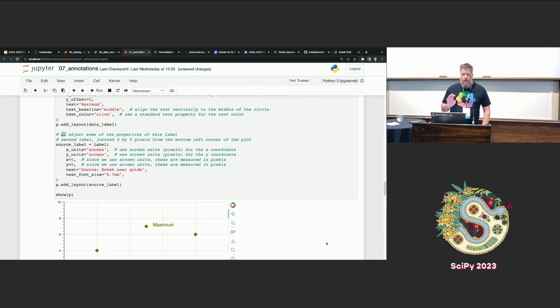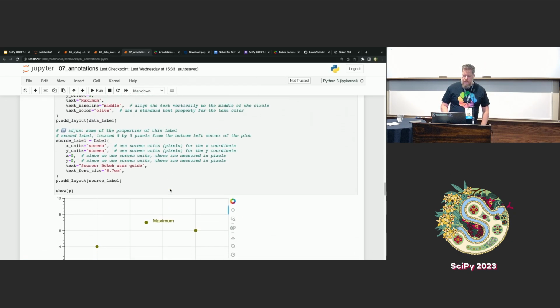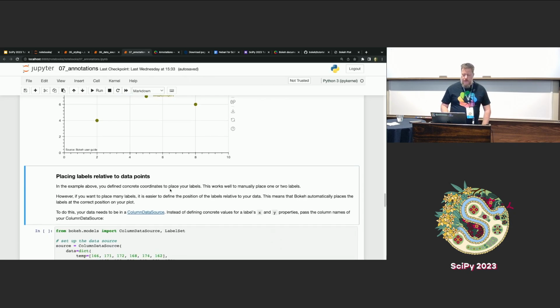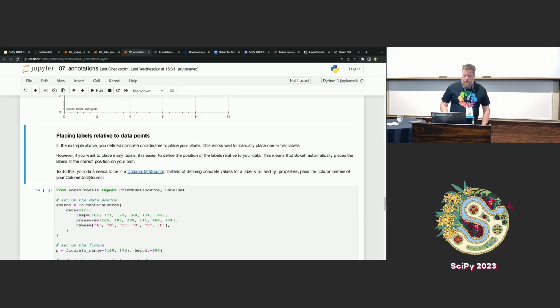Again, it's important to note these offset values are in pixels. They're in screen units, the canvas units, right? Which is not the default for the actual coordinates, but is the default for the offsets. Okay, so